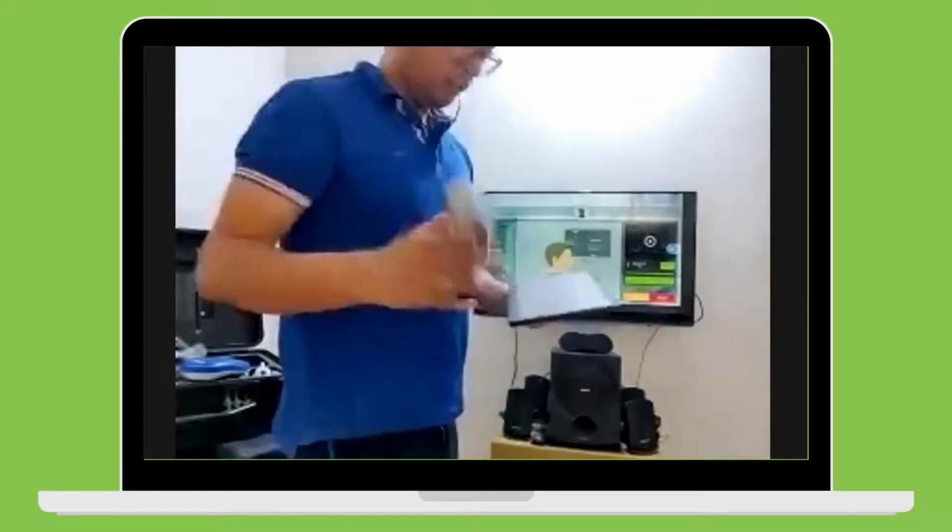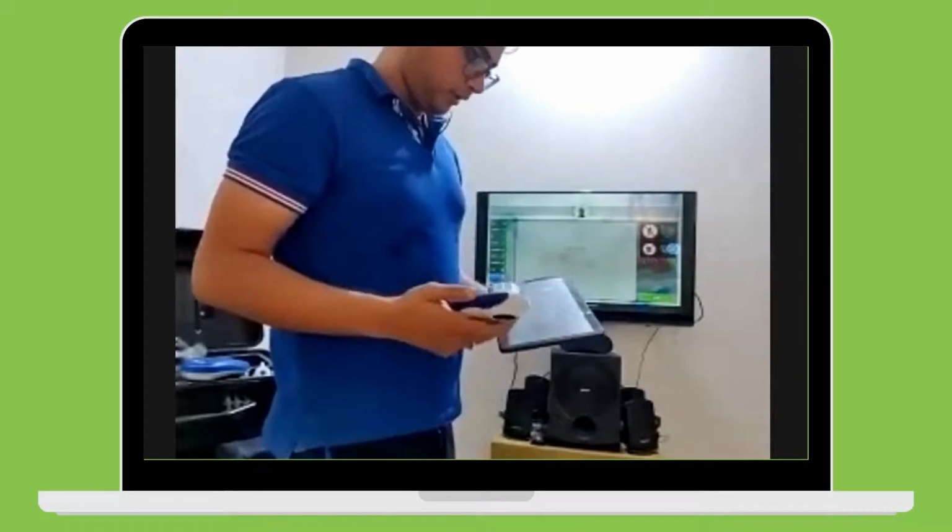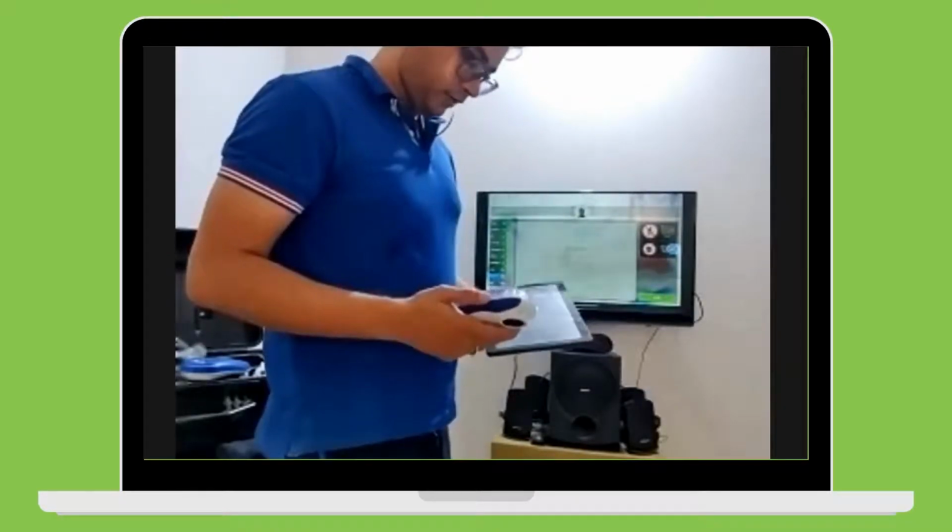And now it is the Bluetooth device. I can press the start button on the tablet and then it tries to connect to this device. It will transfer the readings.